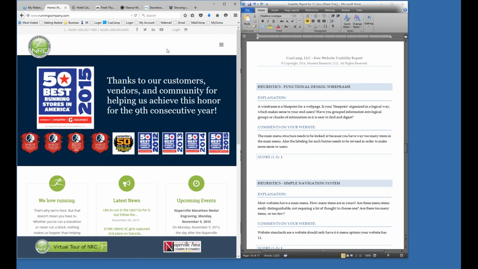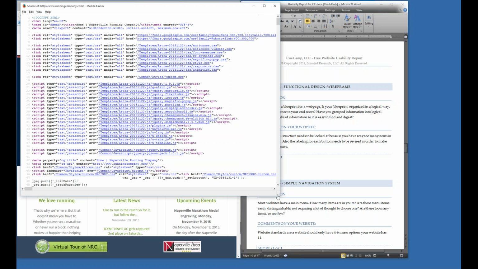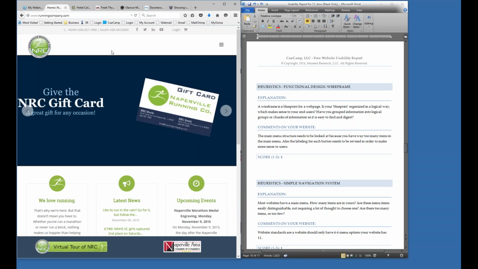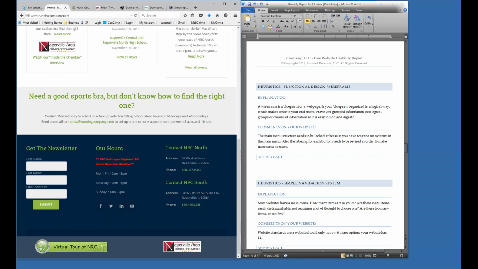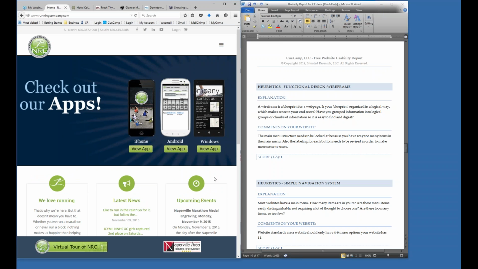This is something that I normally would not do during this webinar, but I'm going to go ahead and view the backend code of this site and do a Control F and just look for the word blog. Blog list entries. So this website, it's not a website, it's actually a blog, which is why it displays the way that it displays. So that was just a side trick just because I'm looking at this site and I just wanted to see. But this website, Naperville Running Company, was not built as a website. It's built on a blog platform, which could explain many things,